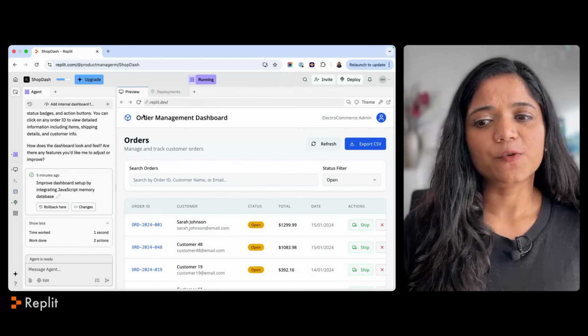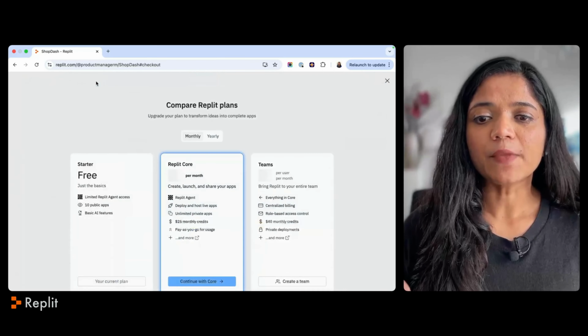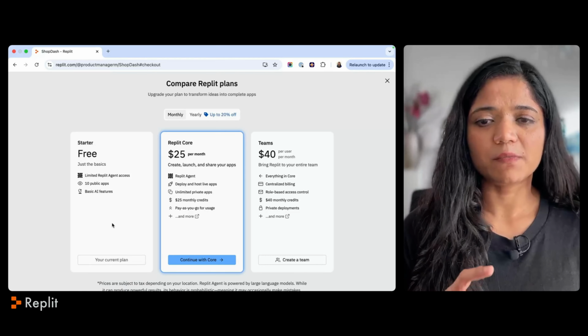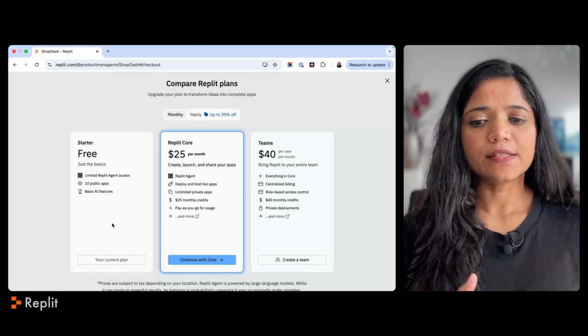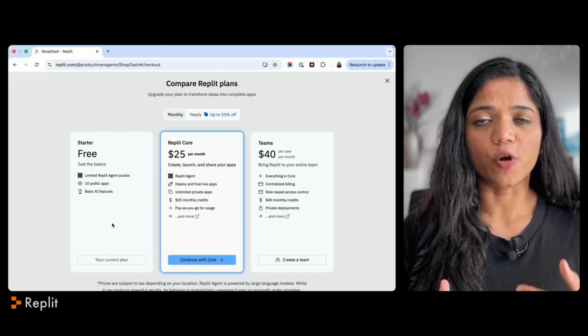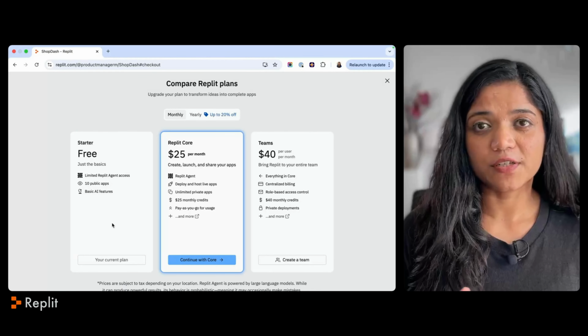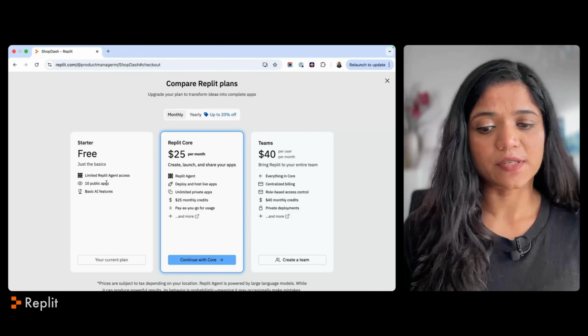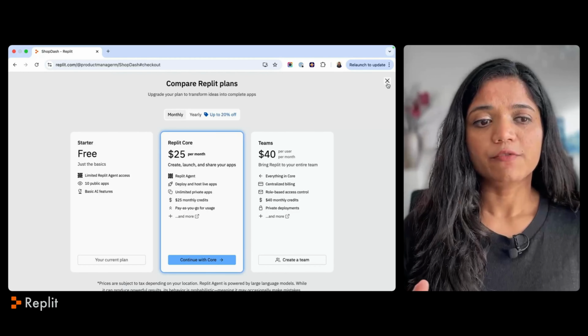One difference that I noticed when it came to Replit's pricing is that they give you 10 public apps and then they have some agent usage also. It is different from other products where they limit you on the number of messages, that is the prompts, or they try to give you some limited credits. And here I can see that you could actually do 10 public apps, like a full-fledged app, which my guess